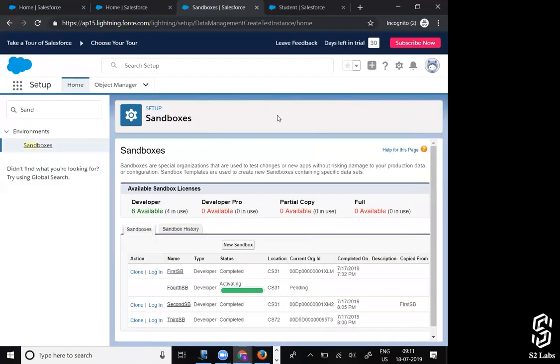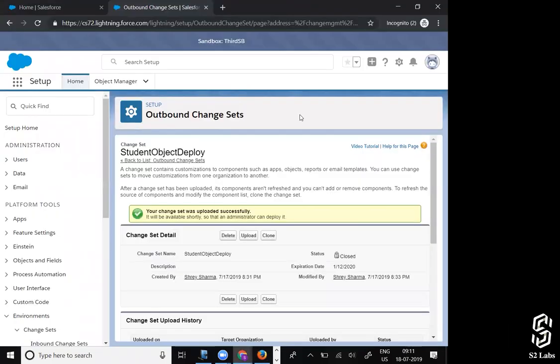So basically now I'm going to transfer something from the third sandbox to the fourth sandbox, and from the fourth sandbox to the third sandbox, with the help of change sets, right?